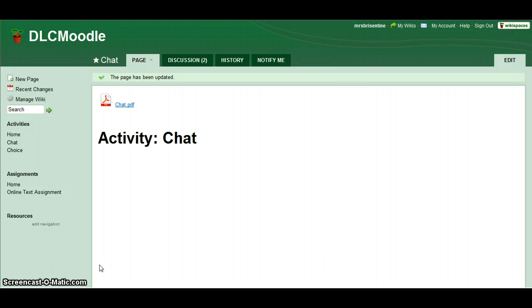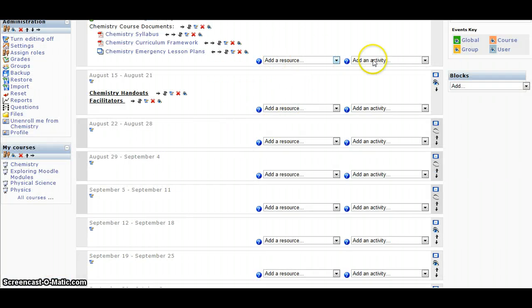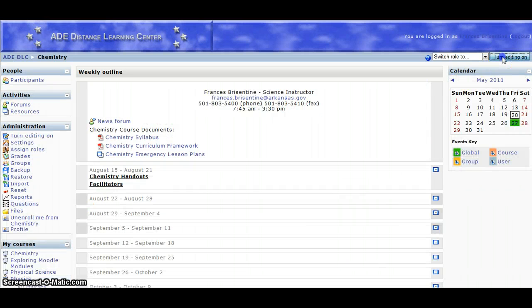As we continued learning how we can use Moodle in our classrooms, the activity we would like to look at now is chat, the chat function. So let me go and show you one of my courses, the chemistry course. Here in the chemistry course, once you're logged in, to add any resource or activity, you have to make sure that editing is turned on. Okay. So with editing turned on,